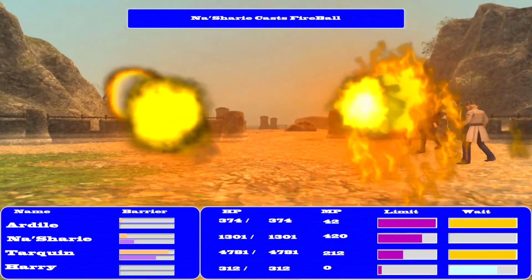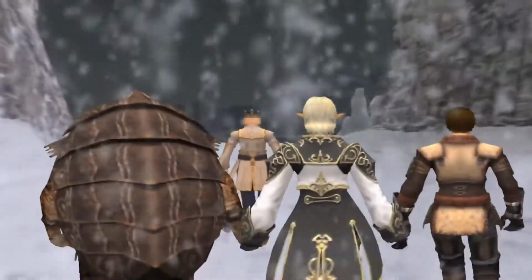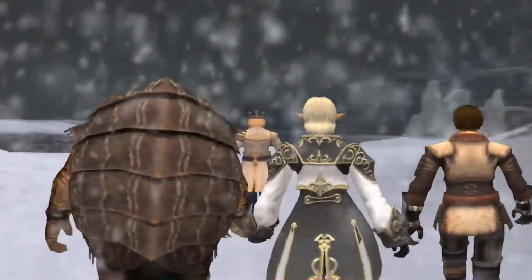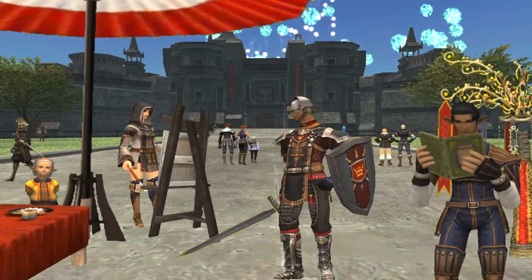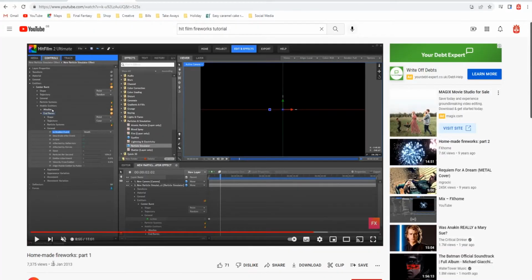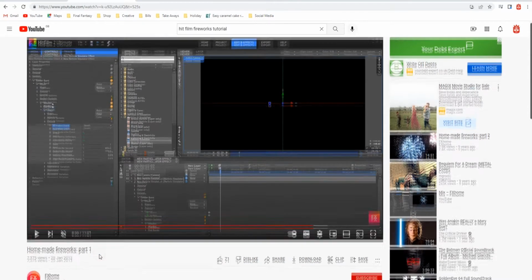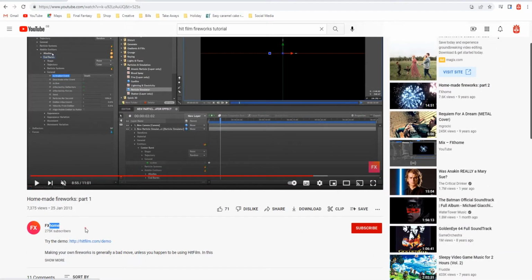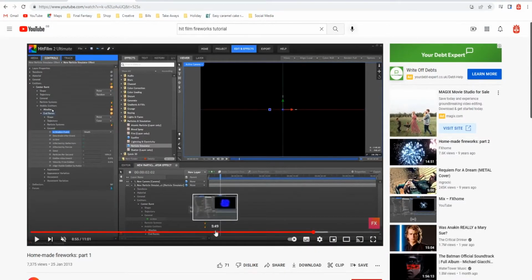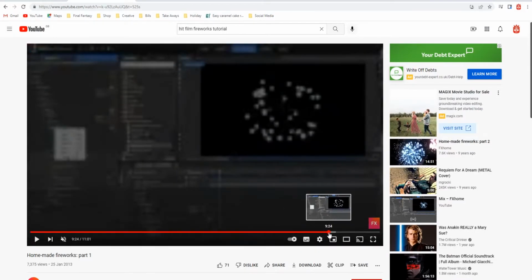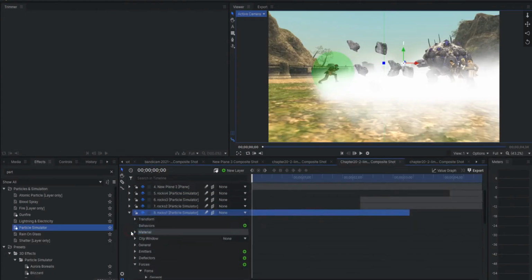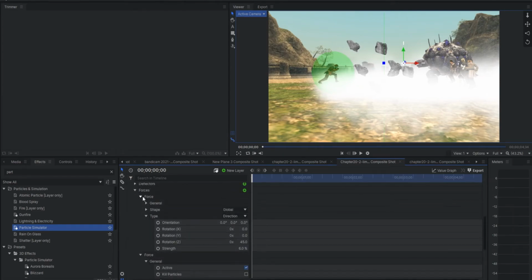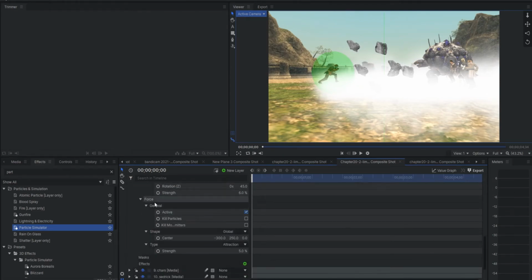Particle simulators are used in most of the effects within the movie in generating fire, blizzard, and the Sandorian fireworks. I don't want to explain how particle simulators work within this video, as that would take quite a chunk of time. Instead, I'd recommend that you view the fireworks tutorial from FX Home, which taught me. Link in the description. Looking at the first set of rocks, we have added 2 force attributes, direction and attraction.